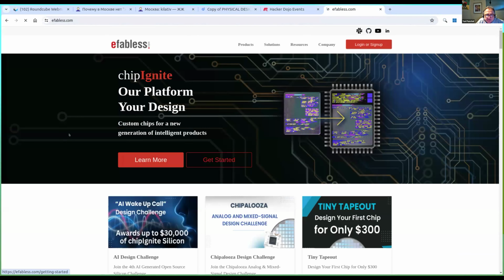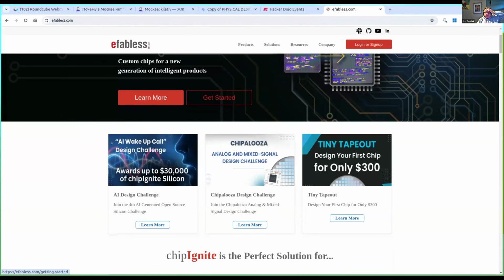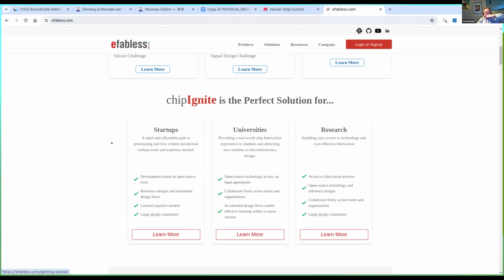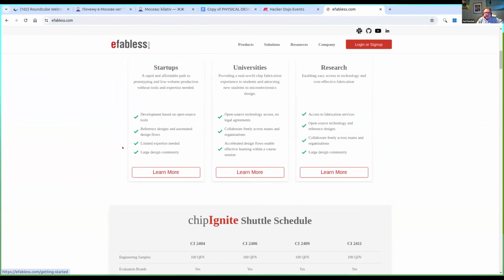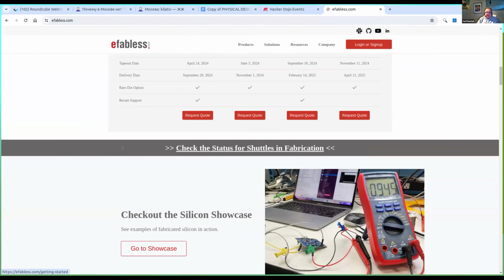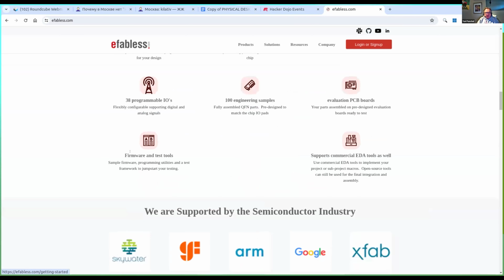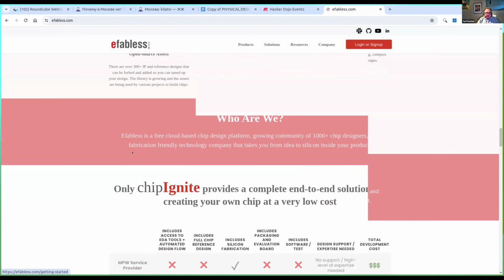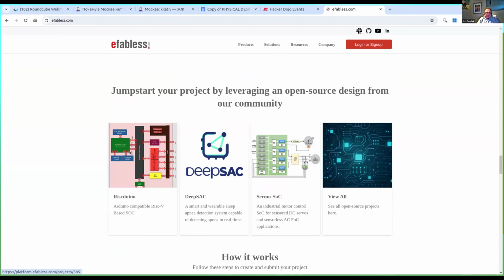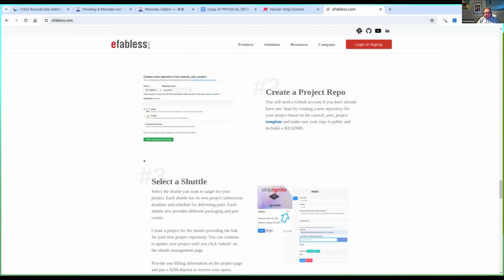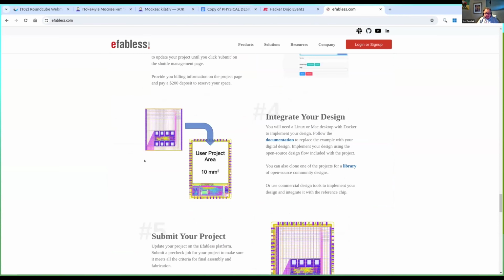to make an open source way of manufacturing chips for startups, universities, and research. And people can use OpenLane, like open design tools. And let's see. So they have a website where they put cheap designs from different people, and they also propose